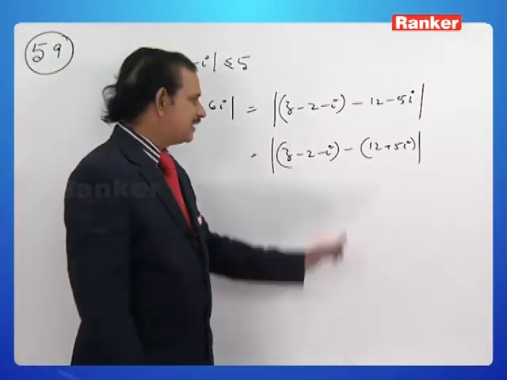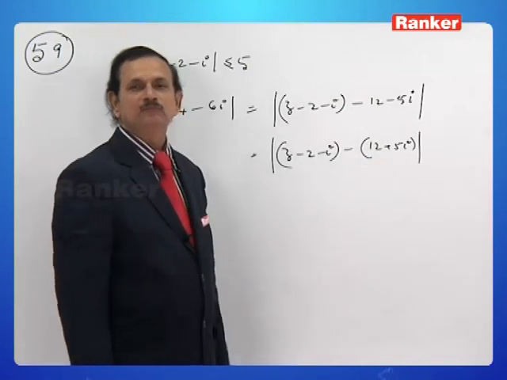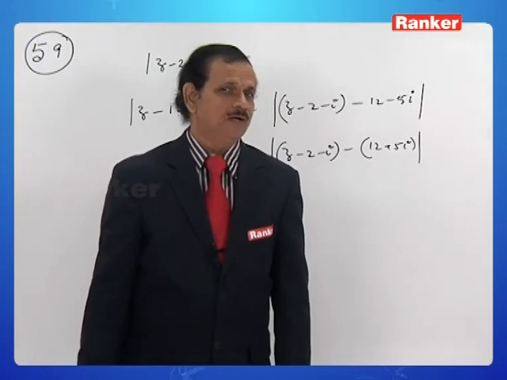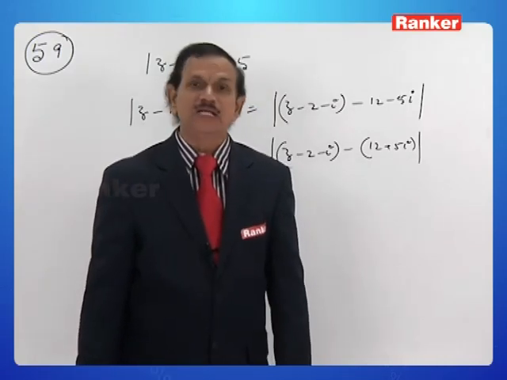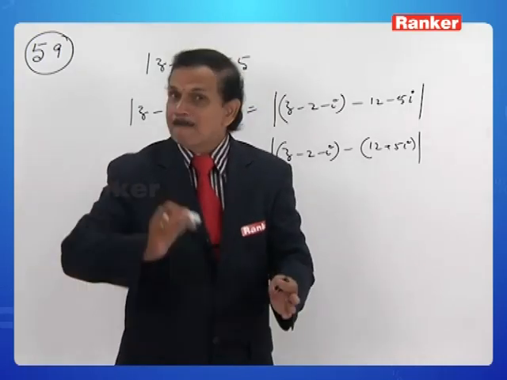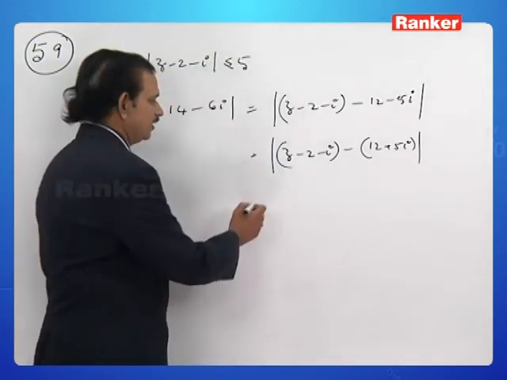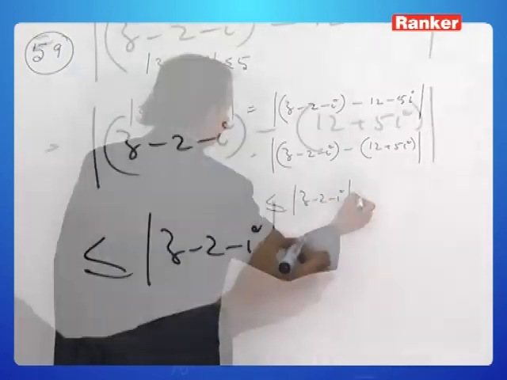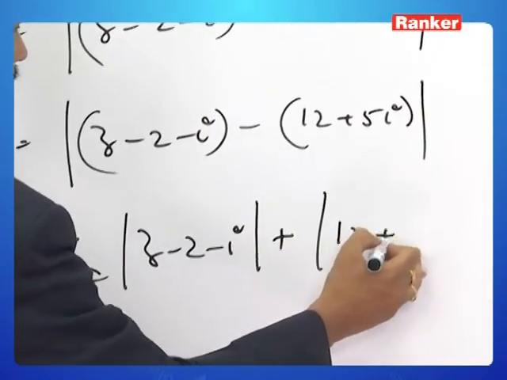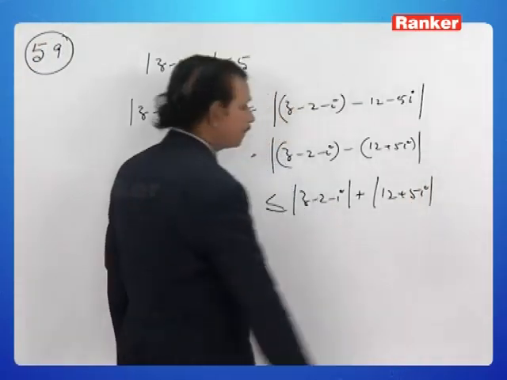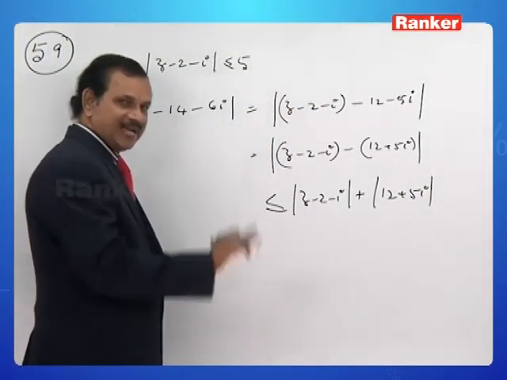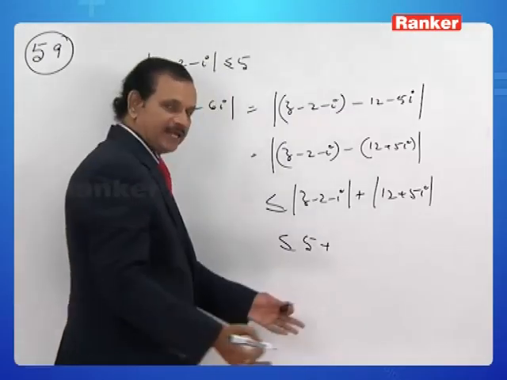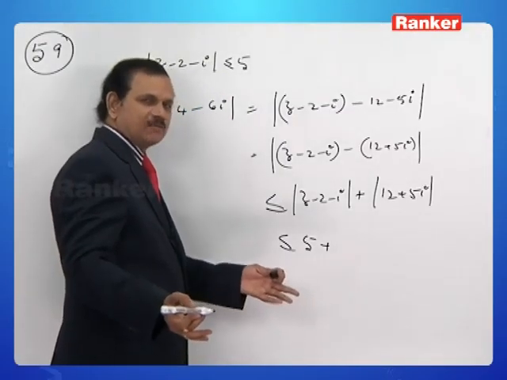Now, you take this as z1 and this as z2. From the earlier properties of modulus of complex numbers, we have mod z1 minus z2 less than or equal to mod z1 plus mod z2. Therefore, this is less than or equal to mod z1 plus mod z2. From data itself, this is less than or equal to 5, and from our earlier and easier straight calculation,